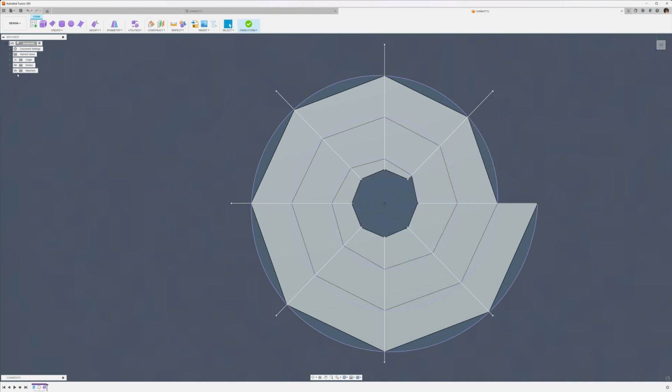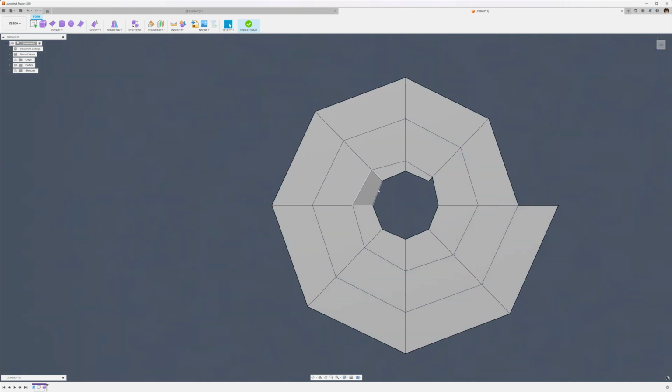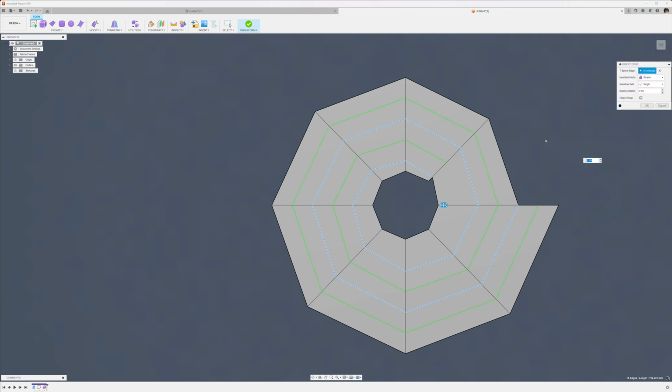So I don't need to sketch anymore, I can hide that. And I'm double clicking here on this edge. Actually I'm going to double click on that edge. And then I'm going to right click here and say insert edge. That menu is also here in the modify menu. So insert edge, and I need that